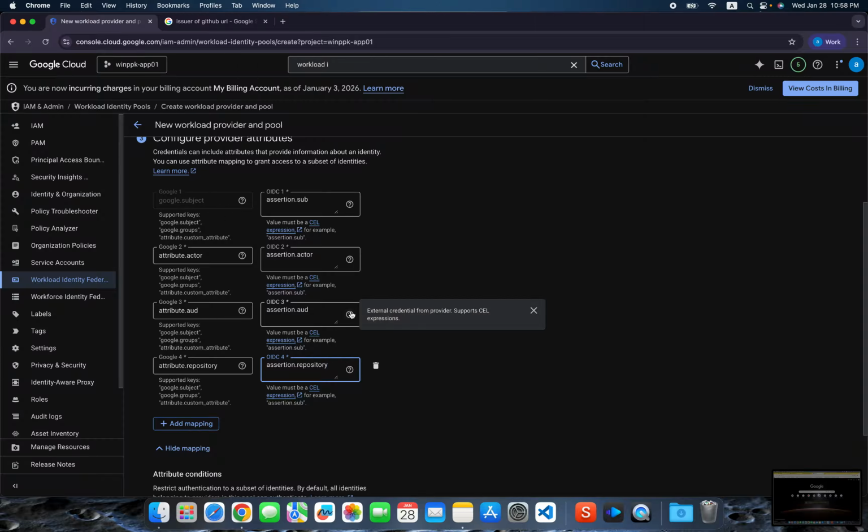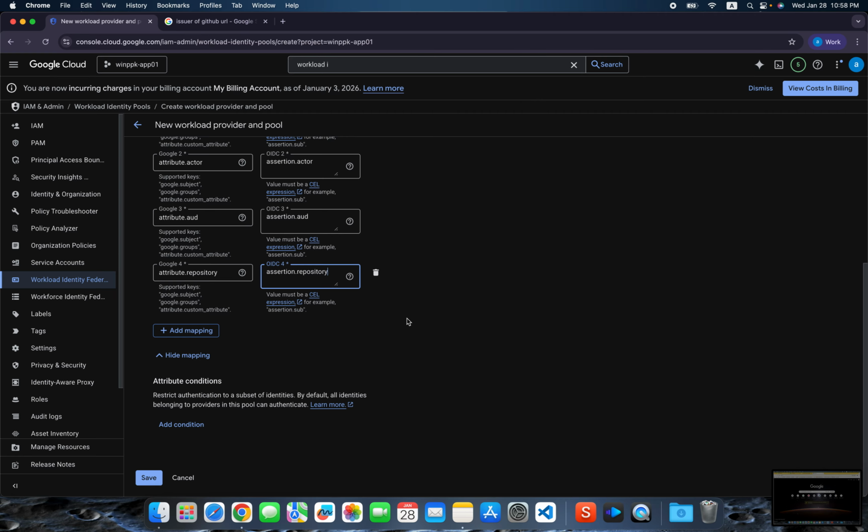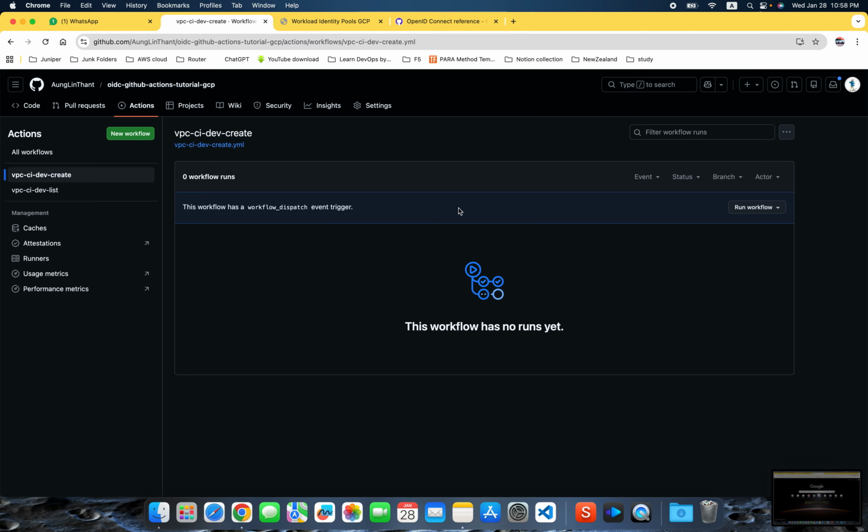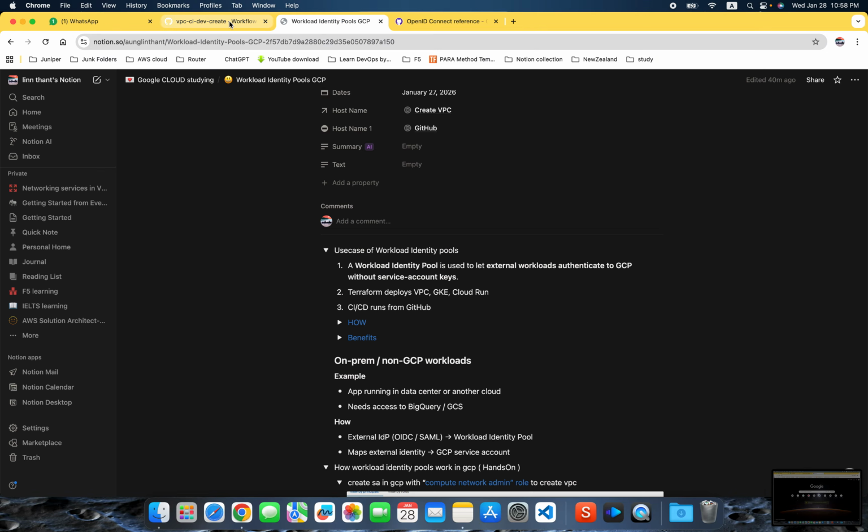If you don't want to set more, that's no problem, but you must set at least one attribute: the first one, the Google subject and the assertion sub. That one you must have. Now I have set the four attributes. After that, you will see add condition. In the add condition, I will choose the